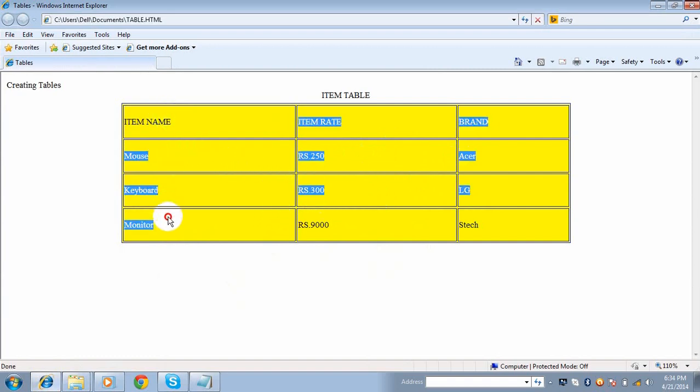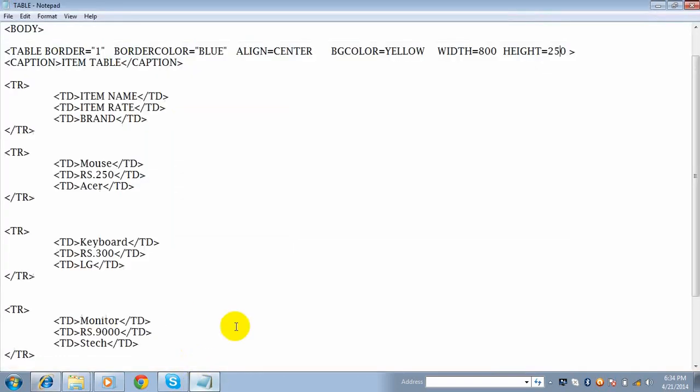Similarly, sometimes you need to align the text at the center. For example, by default the texts are aligned on the left side of the table, but if you need to align all these texts in the center, you can use center align. If you need to align this text to the right side, you can align right. Let's align these contents. Let's go to the text editor.